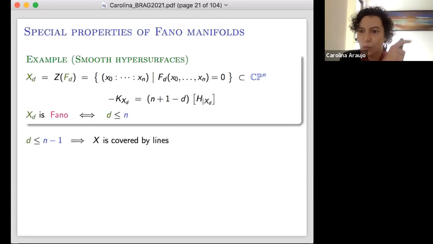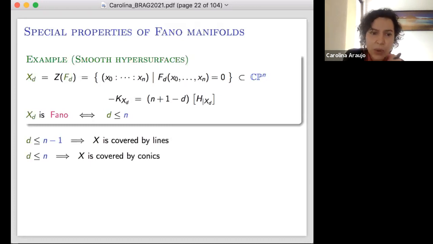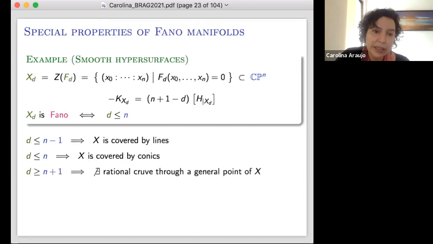If the degree is one more, n, then it is still Fano, but it's no longer covered by lines, but it's still covered by conics. So it's a little bit more complicated, but it's also something that one can prove, that they're covered by conics. On the other hand, if d is at least n+1, then there is no rational curve through